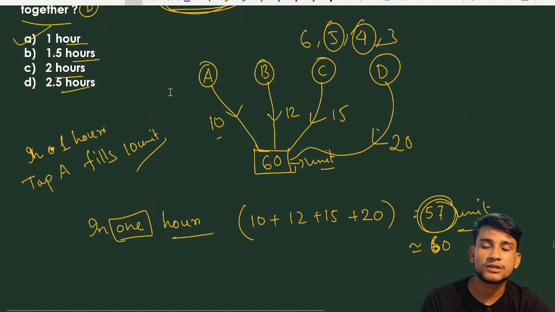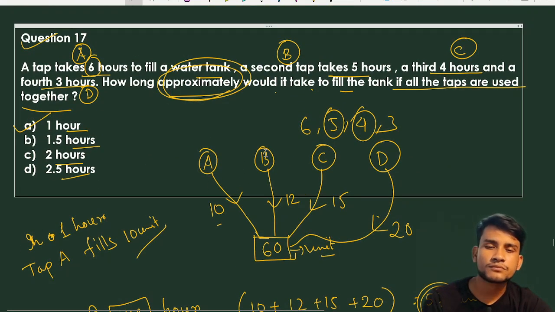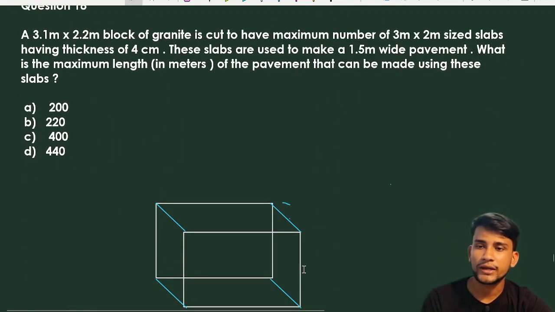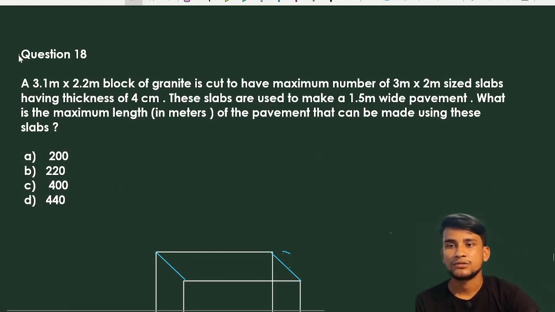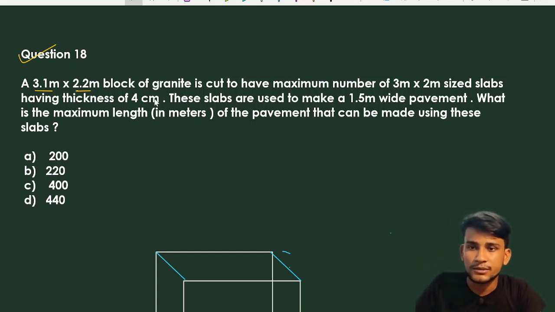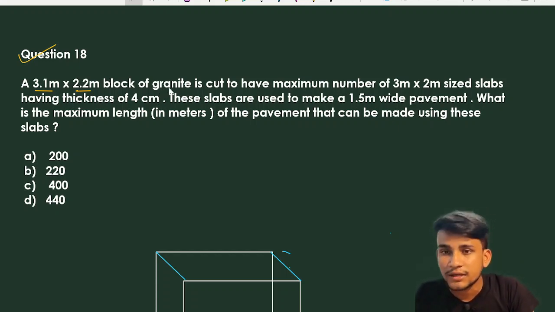Now, this is a question from work. There are many other types of problems. Okay, now go to the next question, question number 18. Question number 18 says that a 3.1 meter into 2.2 meter block of granite, just a minute, I think there is a mistake, just a minute, into 2 meter,